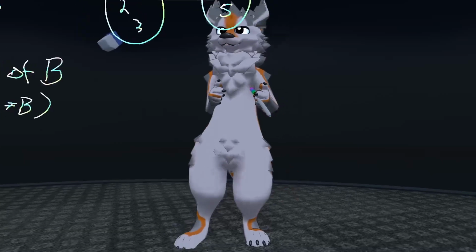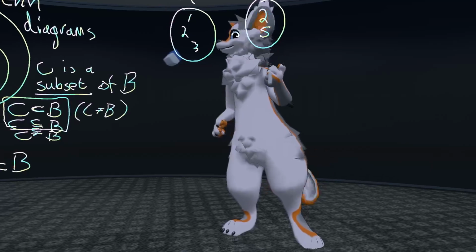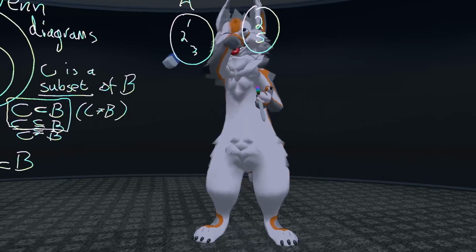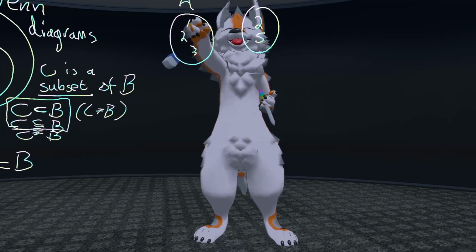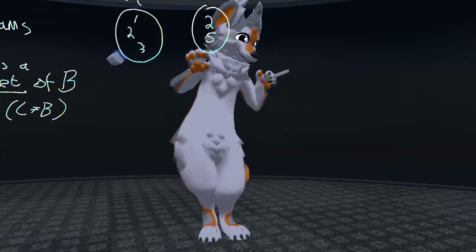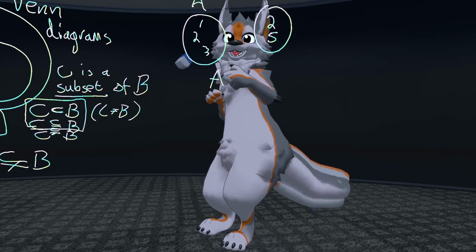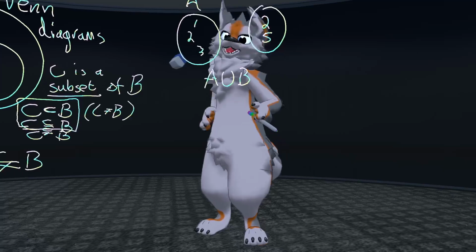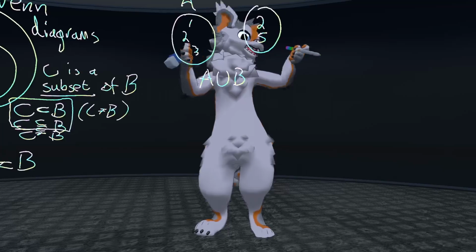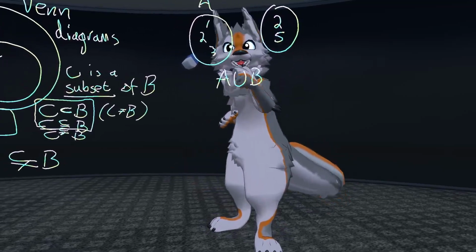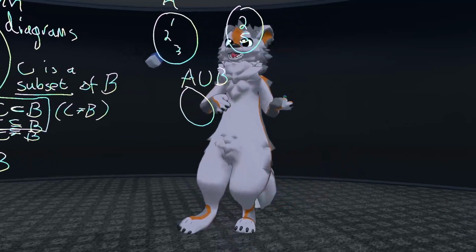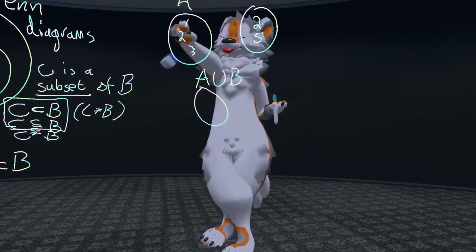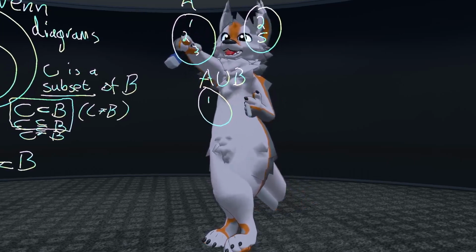Now we say that the union of these two sets is a set containing elements from both of these sets. Or sorry, let's be very careful here. So the union A union B, we denote it with this sort of U-looking symbol. It's called a cup, I think, at least in LaTeX, which is a program for writing math. So A union B is a set where every element of that set either belongs to A or B, or potentially both. So 1 belongs to A, so 1 belongs here, and 2 belongs to A, so 2 belongs here,